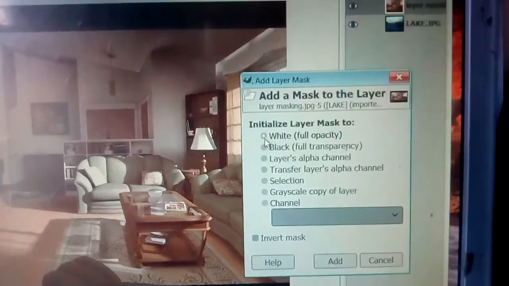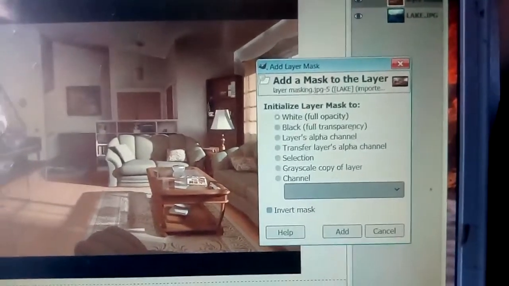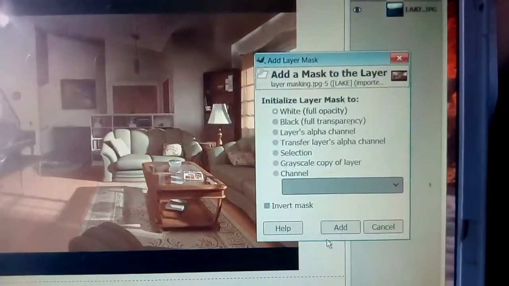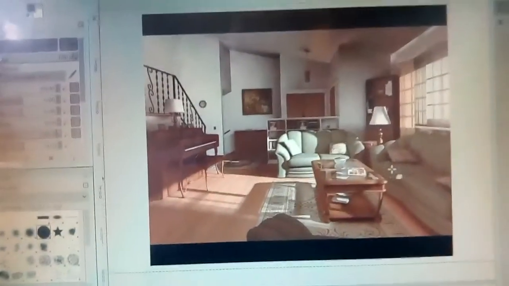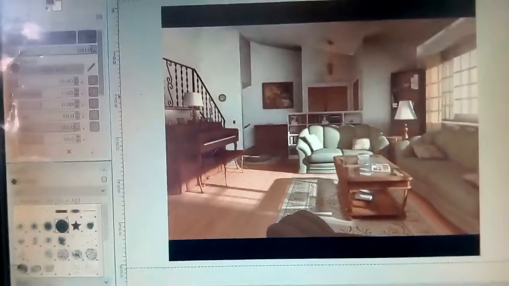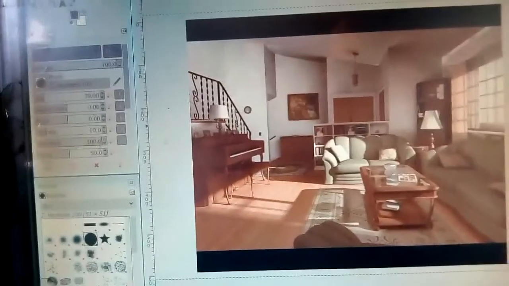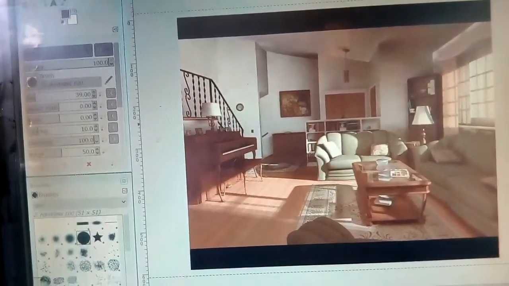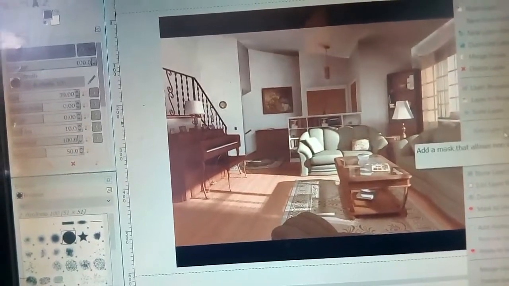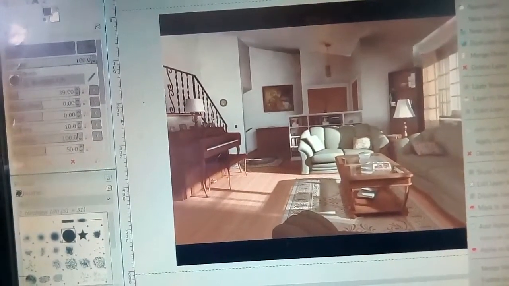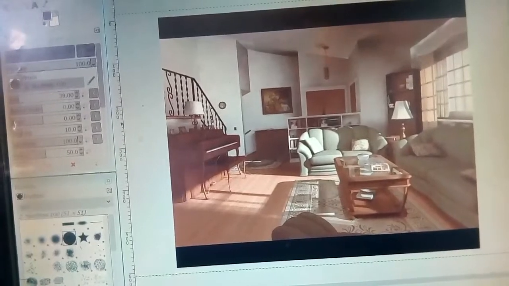Suppose I have selected white first, and then click on add. So on the image, you have to right click, add layer mask, then click on white or black, anyone, and then add.